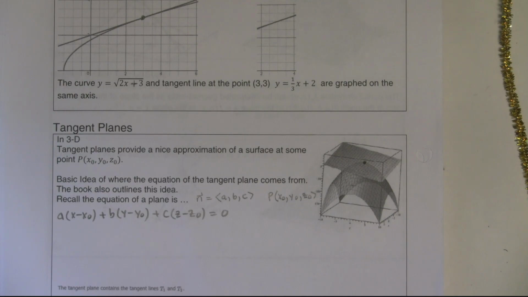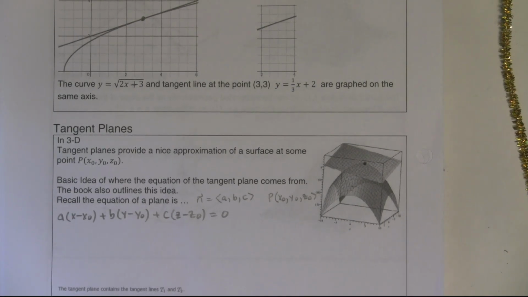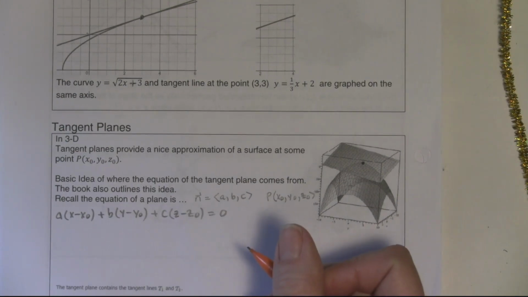Now, if I rearrange this a bit, I'll show you why as we go. It's just to develop the idea of how you could come up with the equation of this tangent plane, so that you have an idea of where it came from, and it wasn't just boom, here's the equation. So anyway, long story short, if I divide everything by c,